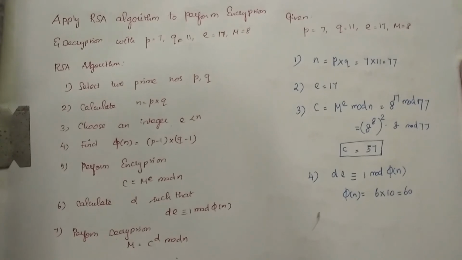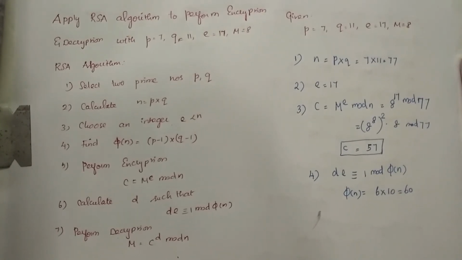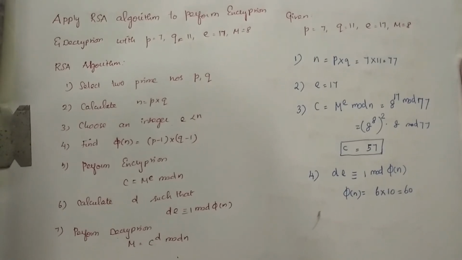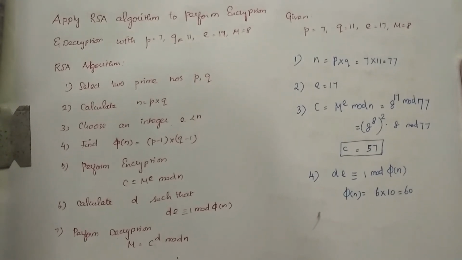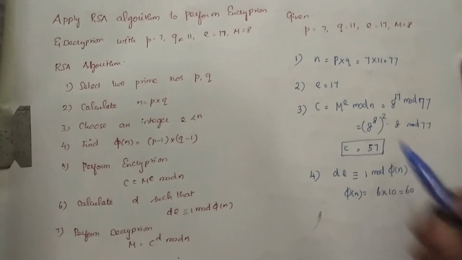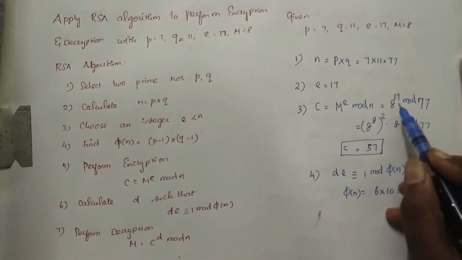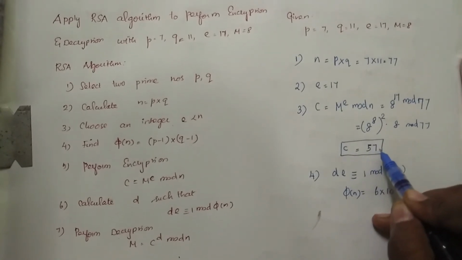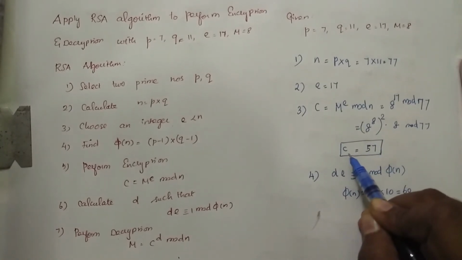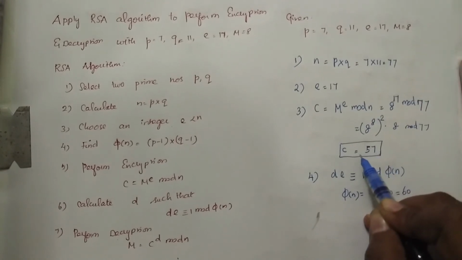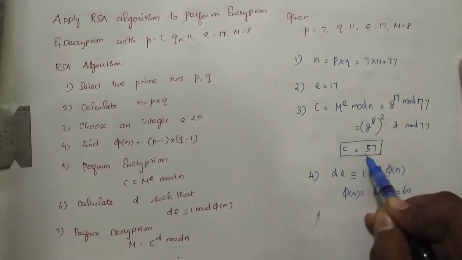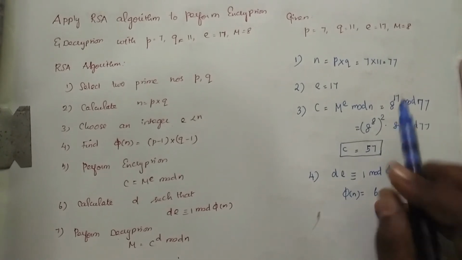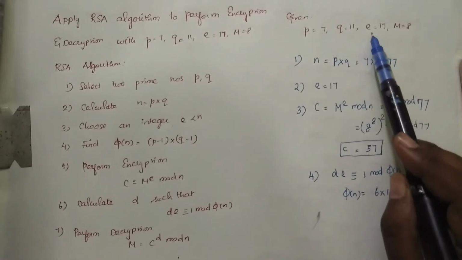We can't directly find the value of 8 power 17 mod 77, so we need to split it into 8 power 8, the whole power 2, into 8. So 8 2s are 16, 16 plus 8 power 1 is equal to 8 power 17 mod 77. By solving this power modulo operation, we get the value of the ciphertext as 57. This value is going to be transferred to the receiver, and it is derived by using the receiver's public key